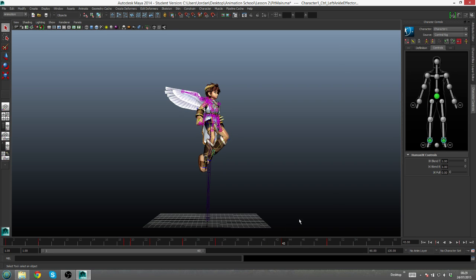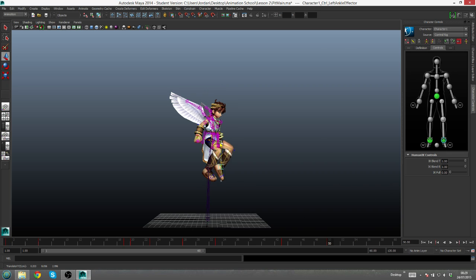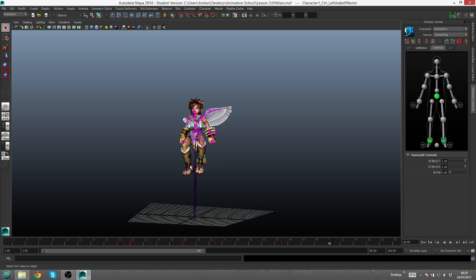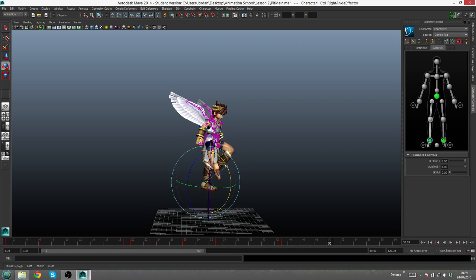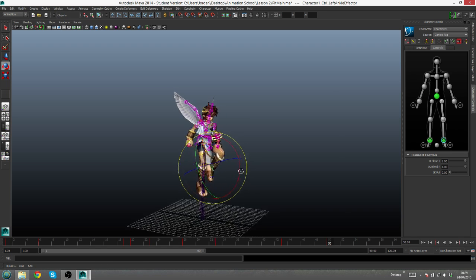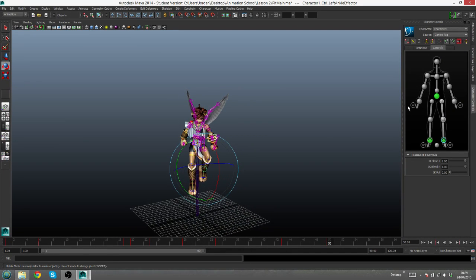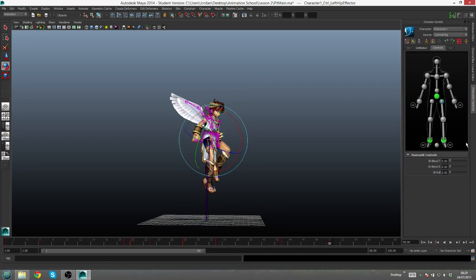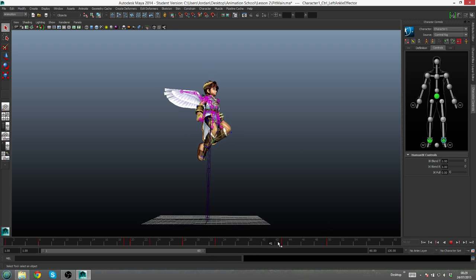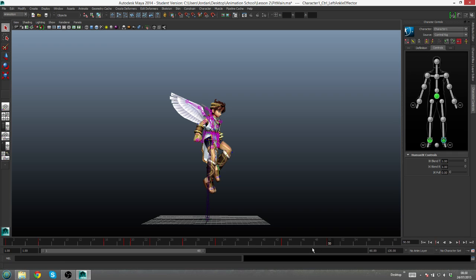I can modify all of this pretty easily. Yep, okay. Shift this